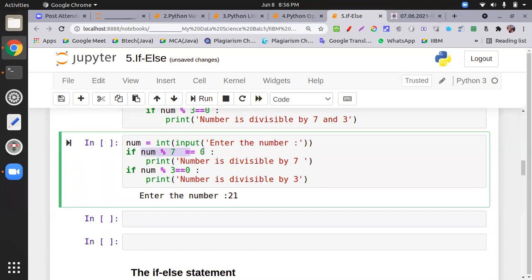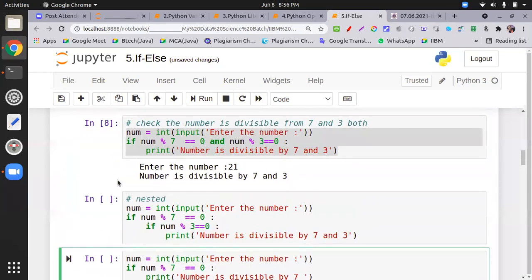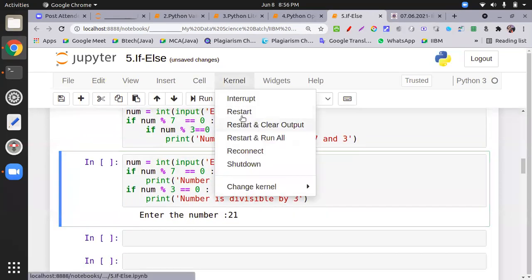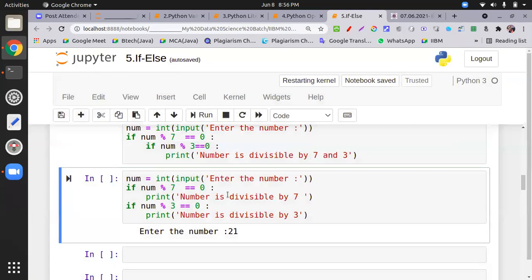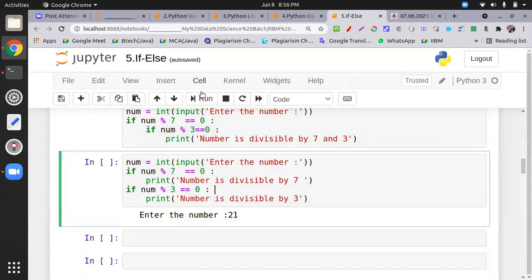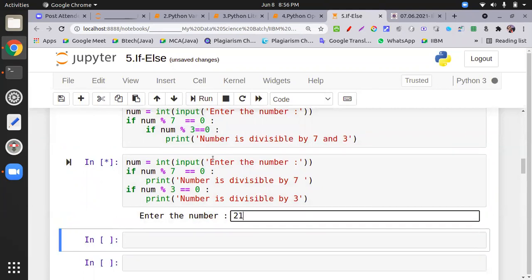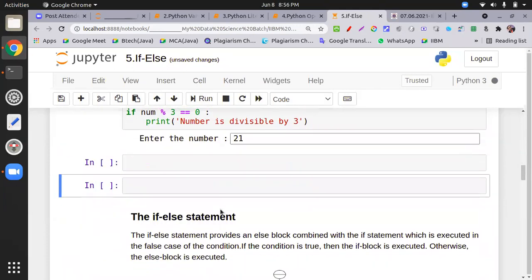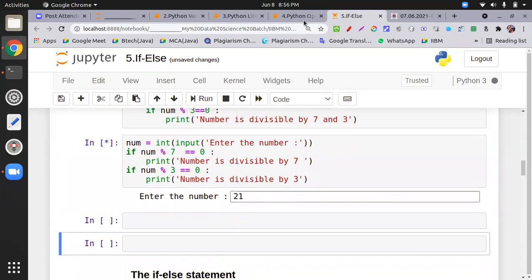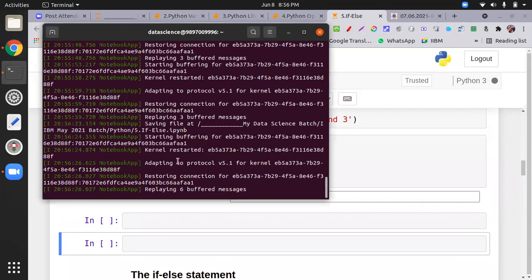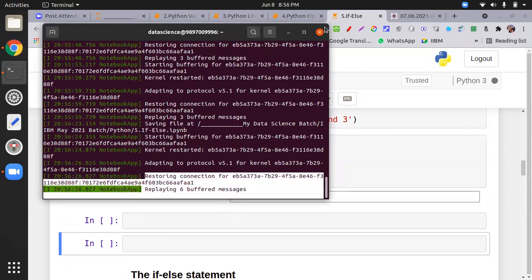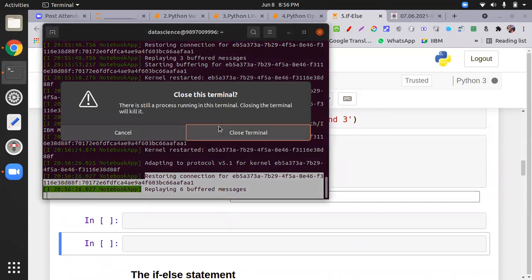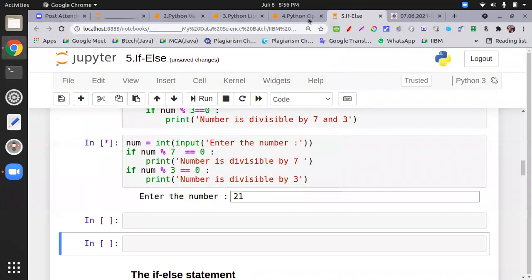You have to re-execute the lines. You have not executed the line, sir. No, dear, I executed the line. 21. Run. Now it is executed. No, it's not executing. I think your kernel is having some problem. Yes. So please wait, 1 minute. I just close this one.